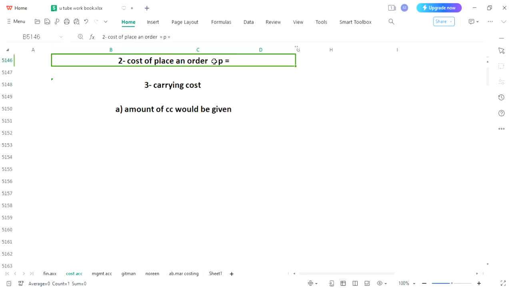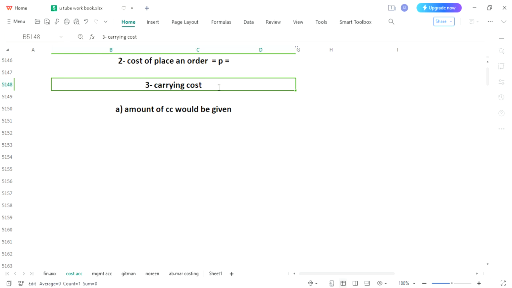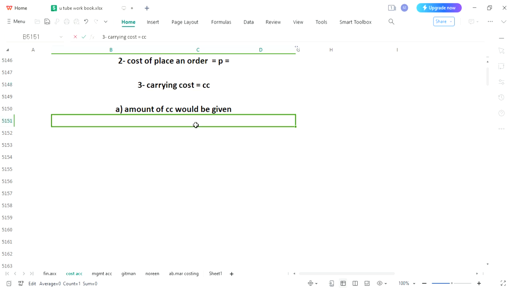Carrying cost is denoted by CC, and we will search for it. Please understand, the amount of CC would be given in the question, so you don't have to apply any formula or statement; you will directly put the carrying cost over here. The second possibility is you will have